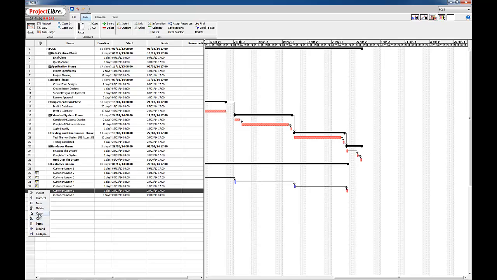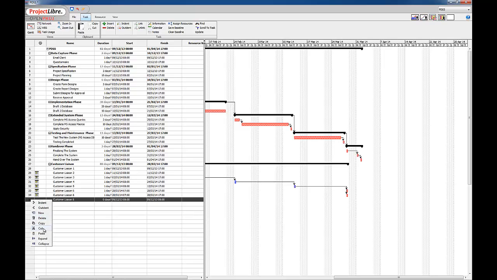Let's copy that one and paste it here. Let's delete that one. So it's going to be from the 1st of the 4th to the 1st of the 4th. So as you can see now, I have another communication with the client here,